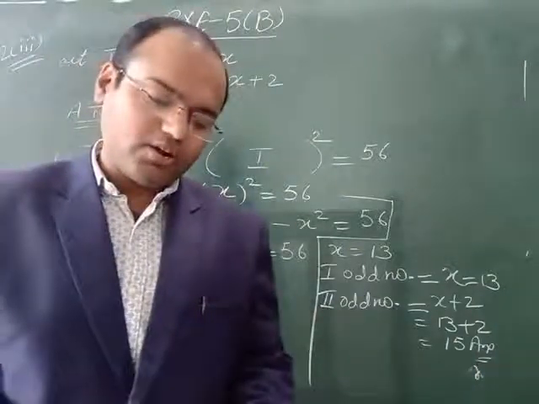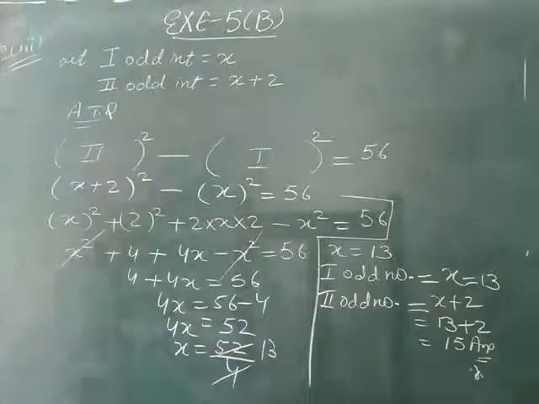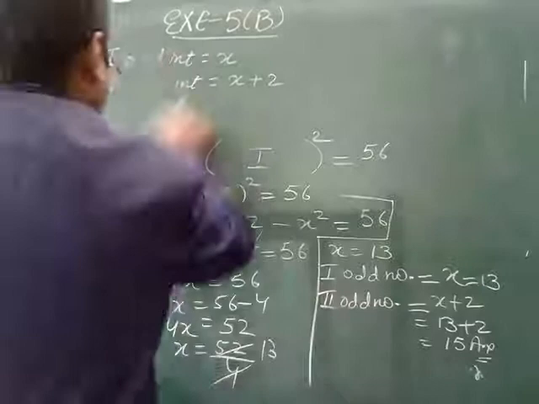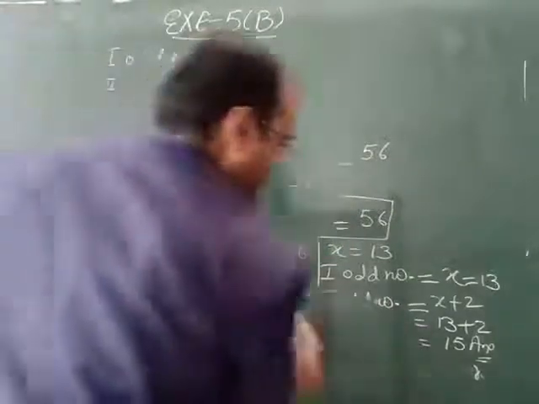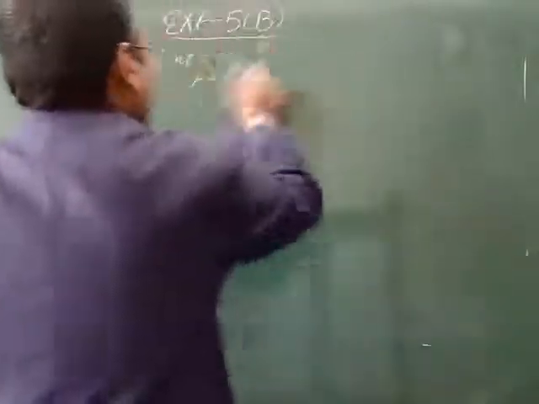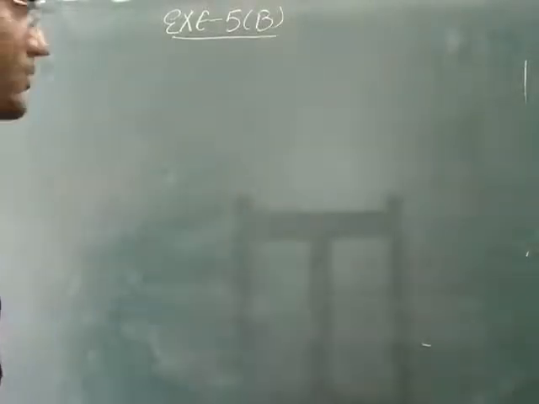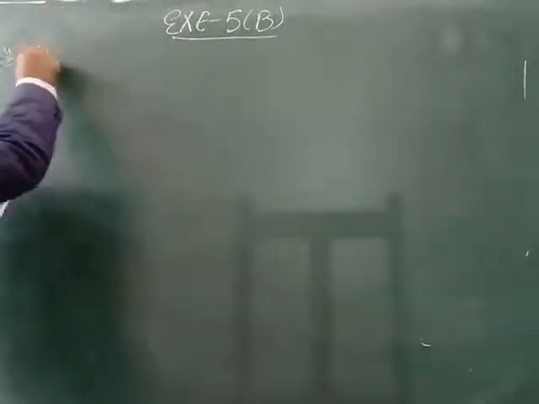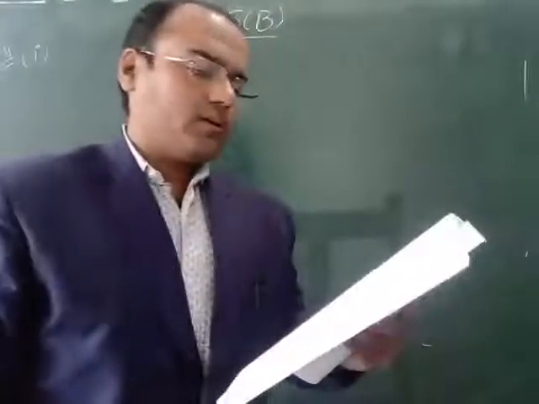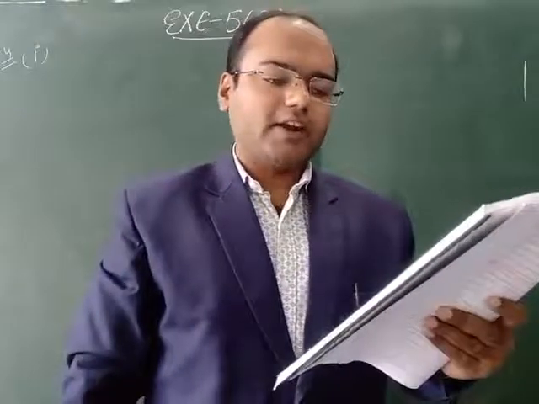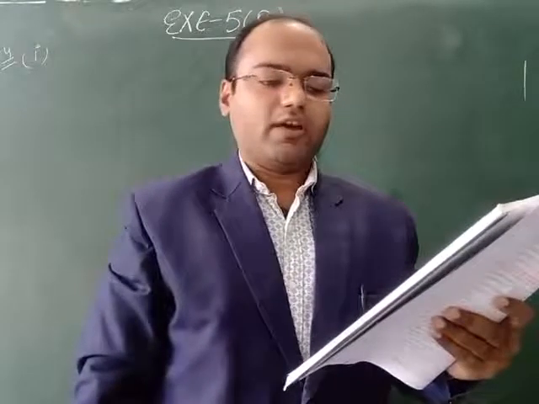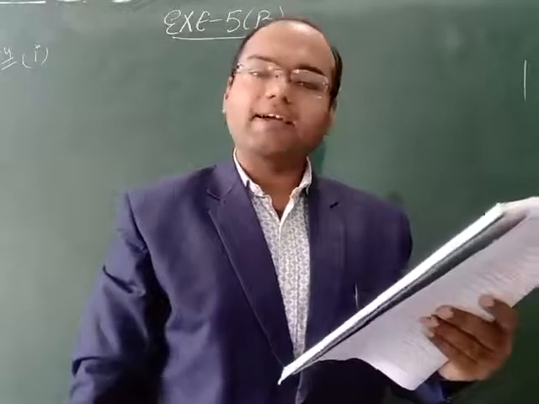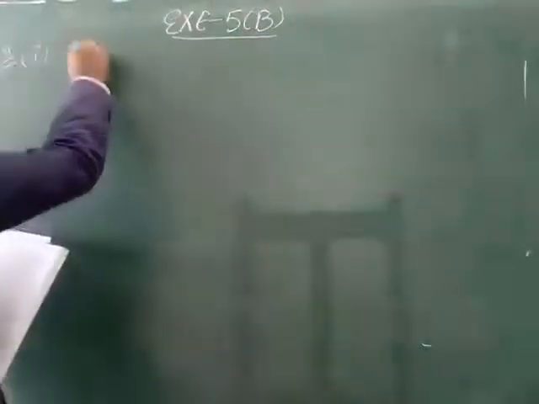Now come to question number fourth, first part. If the same number is added to 2, 4, 14 and 22, the resultant numbers are in proportion. Find the number. So first of all we will assume, let the number